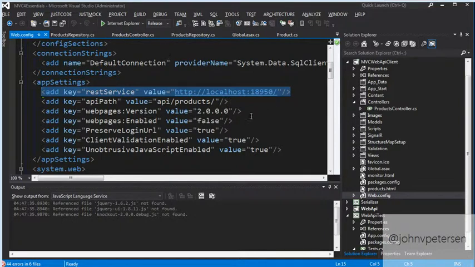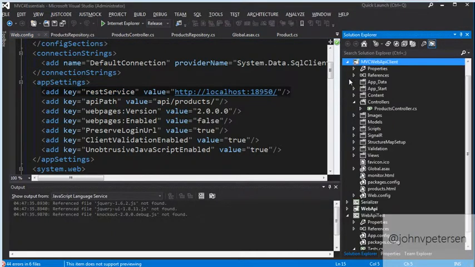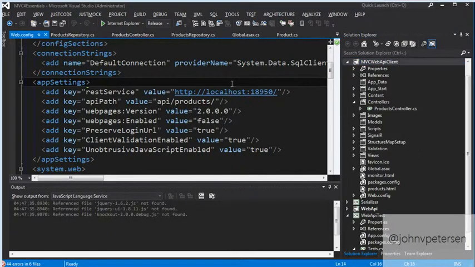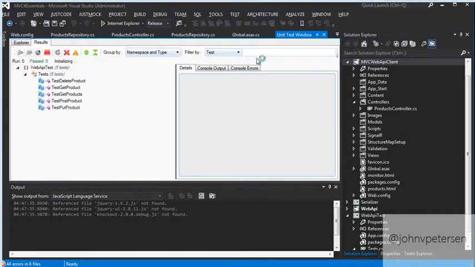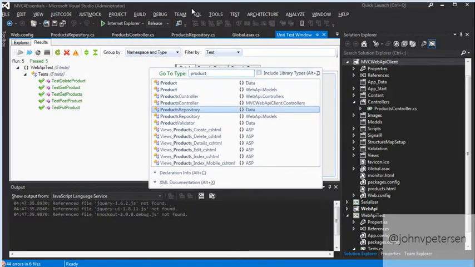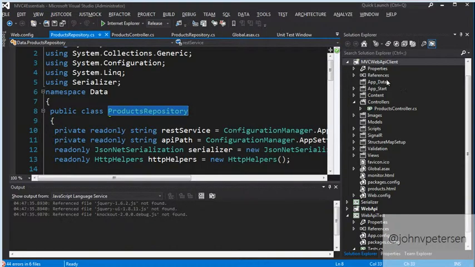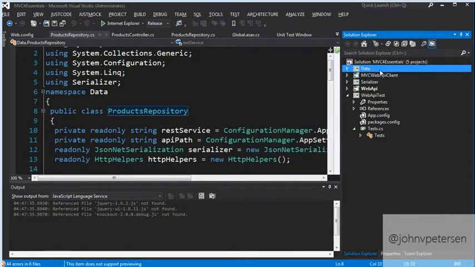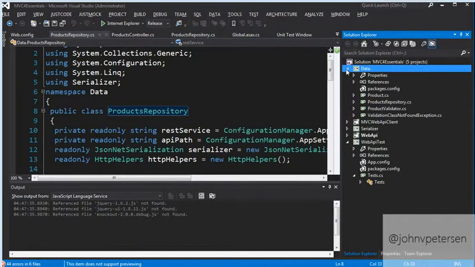Once the MVC application knows how to work with it, which portion of my application has that responsibility? In this case, let me bring that up, we have the products repository. Now, just so you're aware, I put this in another project called Data.